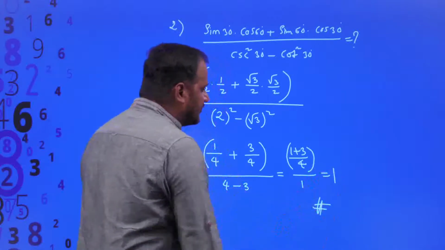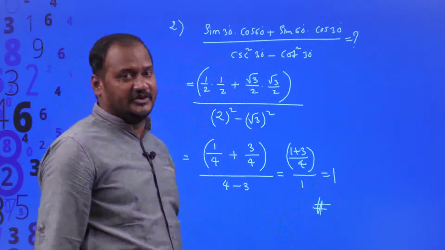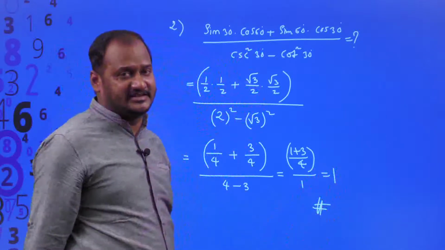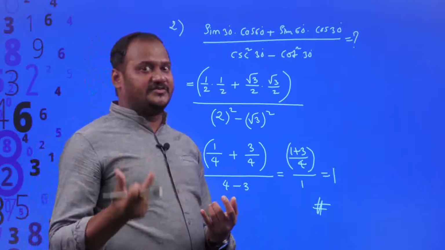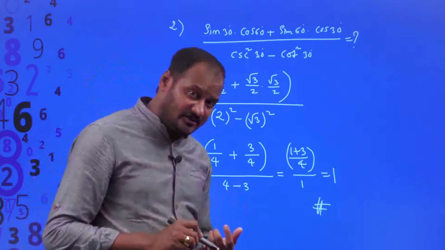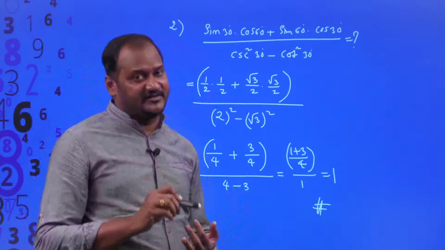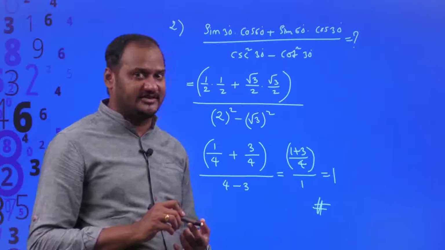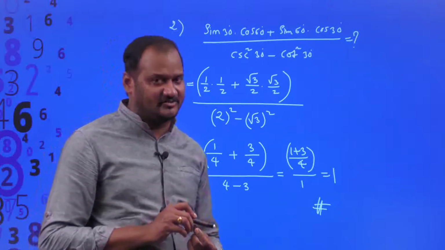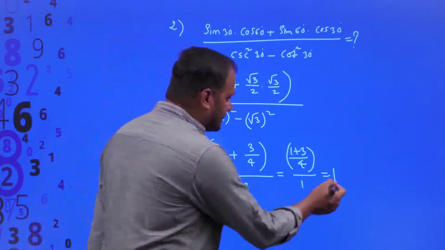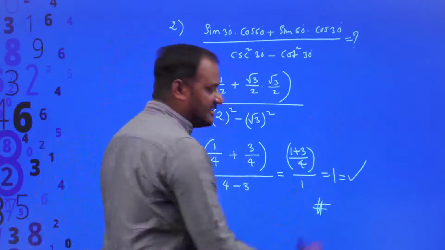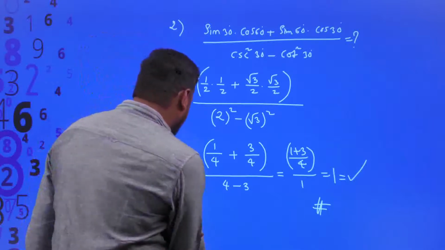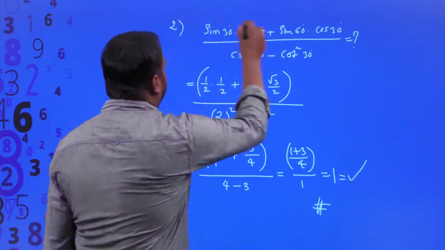So the value of the given fraction is going to be 1. Suppose you want to express this result in terms of one of the trigonometric ratios. 1 is equal to which trigonometric ratio? Sin 90 is equal to 1, cos 0 is equal to 1, tan 45 is equal to 1, cot 45 is equal to 1, as well as cosecant 90 is equal to 1 and secant 0 is also equal to 1. So you can write this as any one of these trigonometric ratios. Got my point? Right. So, moving on to the next example.